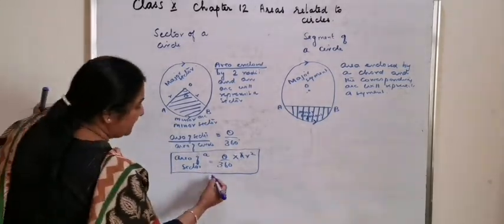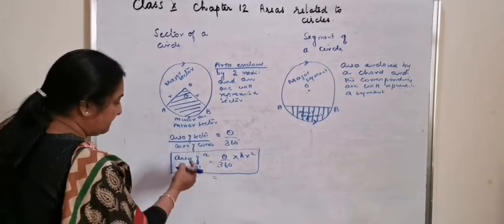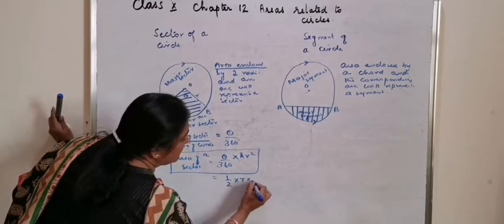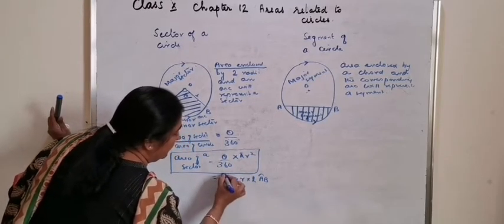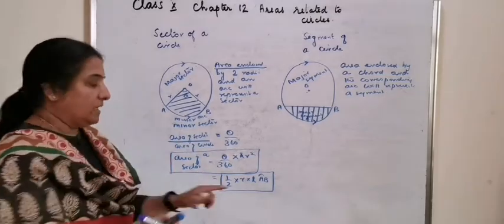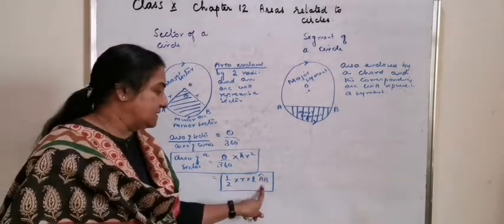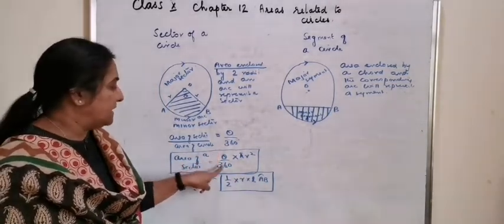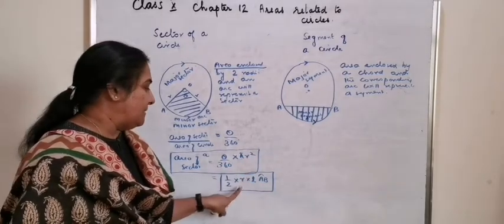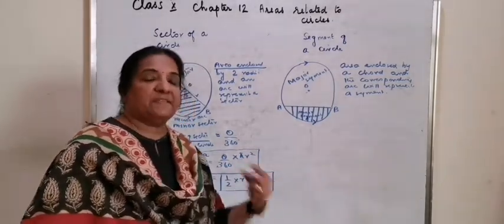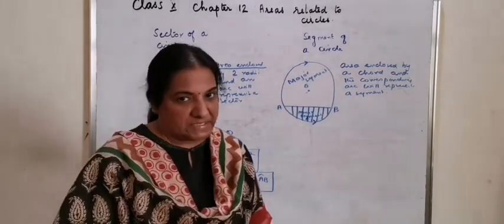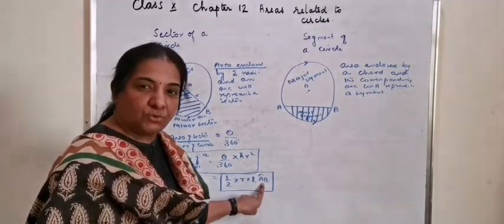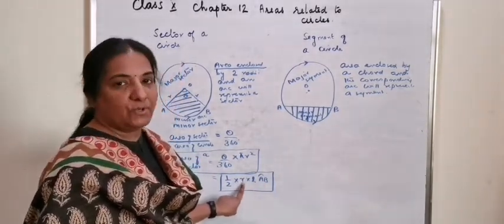There is one more formula to find the area of a sector: area of a sector is equal to half into radius into length of an arc AB. If you substitute the formula for length of an arc AB as theta by 360 into 2 pi r, it corresponds to the same formula of theta by 360 into pi r square. This formula is basically used when the sector angle theta is not given in the question. You will be asked to find the area of a sector when the length of the arc is known to you and the radius of the circle also is known to you.